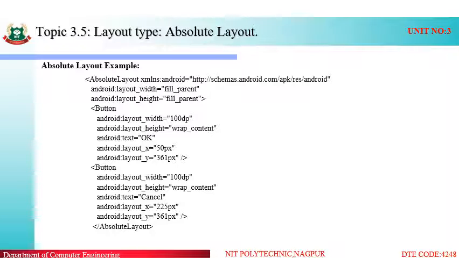Coming to the example, in the first line we have to specify absolute layout, xmlns:android, and the hyperlink is not required. The attribute of layout is android:layout_width, that is fill_parent, and height is fill_parent. This attribute specifies that our layout structure occupies the complete UI screen of our mobile device. Fill parent means according to the size of the parent screen,